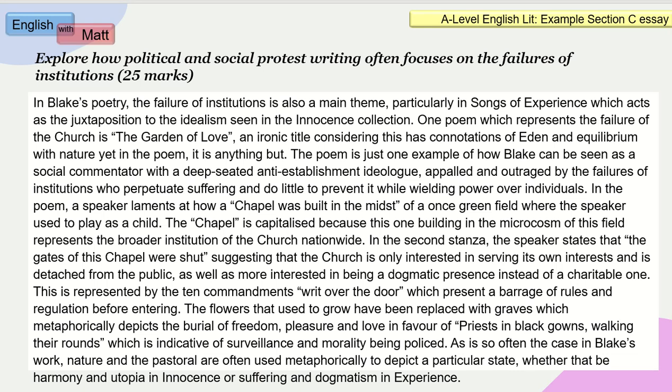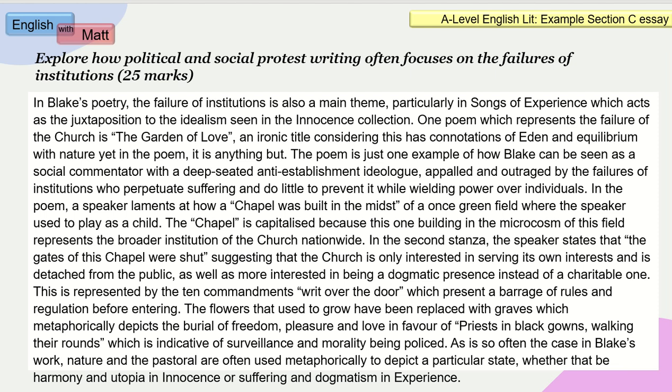In Blake's poetry, the failure of institutions is also a main theme, particularly in Songs of Experience, which acts as the juxtaposition to the idealism seen in the Innocence collection. One poem which presents the failure of the church is The Garden of Love, an ironic title considering it has connotations of Eden and equilibrium with nature, yet in the poem it is anything but. The poem is just one example of how Blake can be seen as a social commentator with a deep-seated anti-establishment ideologue, appalled and outraged by the failures of institutions who perpetuate suffering and do little to prevent it while wielding